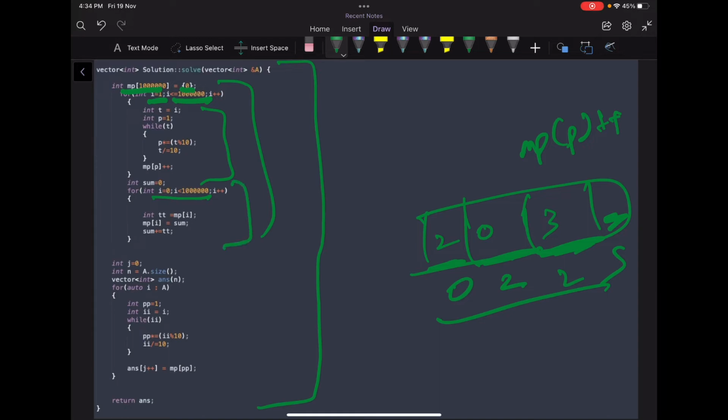And then after that, I iterate for all the elements in the different rounds, and for each round I just calculate the product value. I store it in the variable pp, and I know the answer is mp of pp for that round, right? So I'm storing the values for all the rounds in this array answer, and I just keep storing all these values, and in the end I just return my array answer.